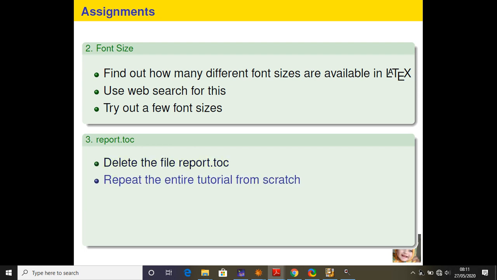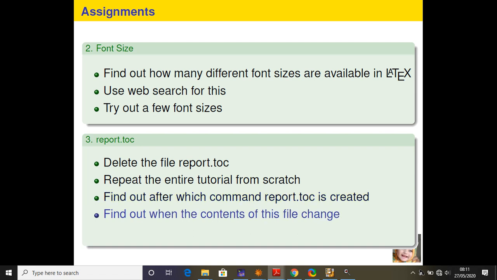Repeat the entire tutorial from scratch. Find out after which command report.toc is created. Find out when the content of this file changes. How is this file useful for the compilation?